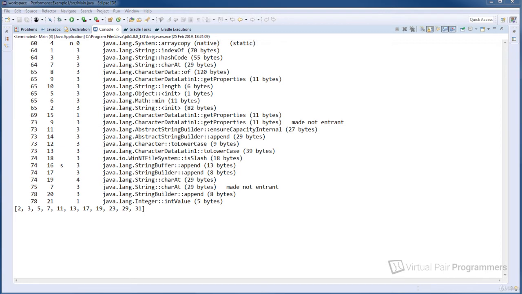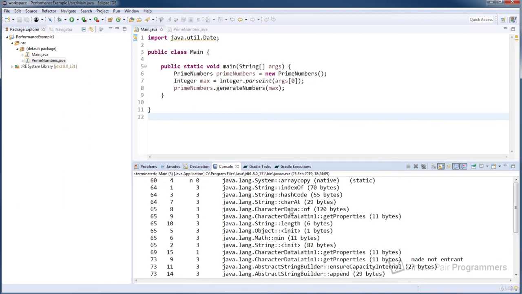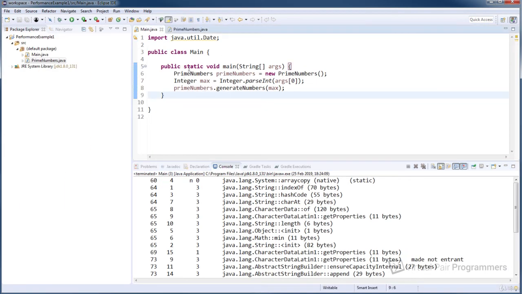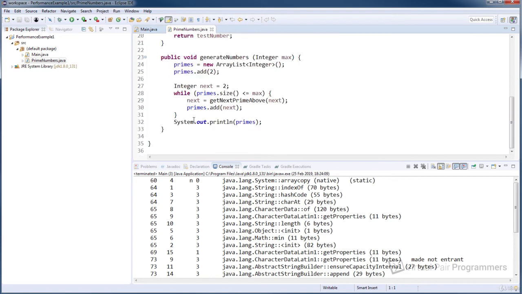Now, producing just 10 prime numbers, there's not that much going on here. In fact, all the compilation is being done on core Java library methods. There's none of our own code appearing here. So I'd like to run this again with a much larger set of numbers to calculate. Doing that should give us some more interesting results, and then we'll be able to understand more about what's going on here. So what I think we'll do is change our code to not print out the numbers at the end. I'm going to comment out the print line,